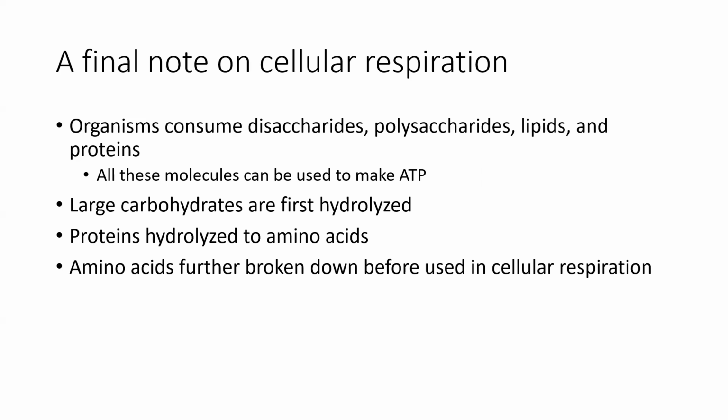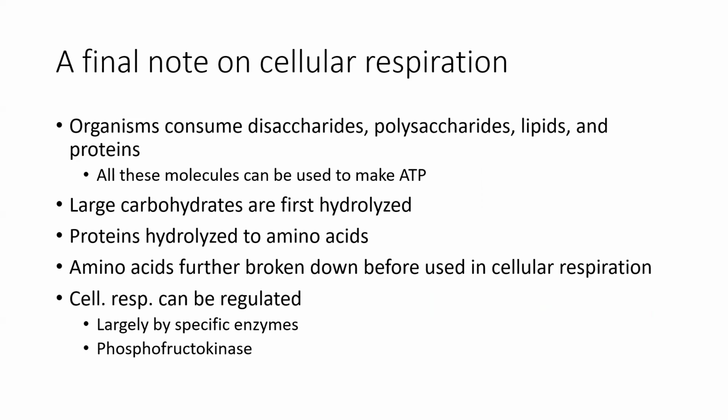So lipids and proteins don't directly contribute to that first starting bit of splitting a glucose molecule, because they're not glucose molecules, but they serve as intermediaries in other steps of cellular respiration. Amino acids have to lose that nitrate group before they can be used. But once they do, they can help contribute to producing